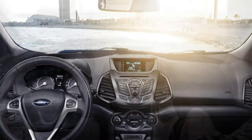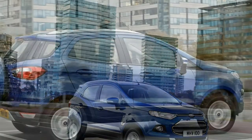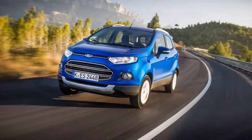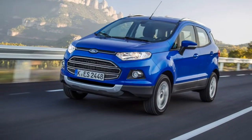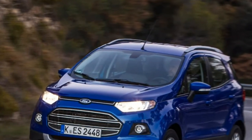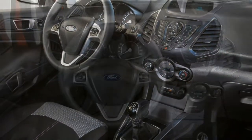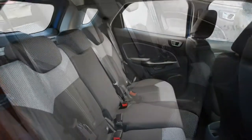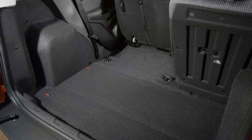Moving up to Titanium nets the next step up from Zetec: 17-inch alloy wheels, power folding door mirrors, silver finish roof rails, part leather upholstery, keyless entry and ignition, automatic lights and wipers, cruise control, climate control, rear view camera with rear parking sensors, Sync 3 infotainment system with 8.0-inch touchscreen and sat-nav. Sitting at the top of the range is the ST-Line, building on Titanium with